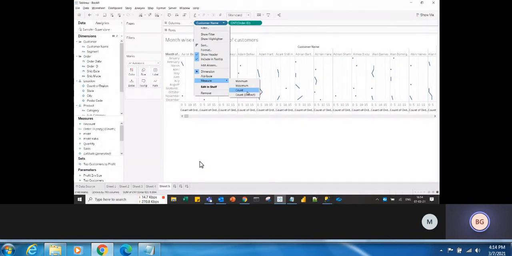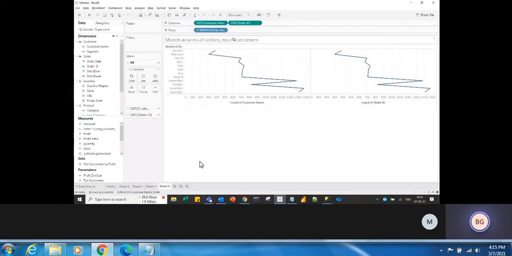Because if you convert this customer name into a measure, it will become a semi-additive measure. Okay, it will give meaningful output only with a few aggregations: minimum, maximum, count, count distinct. You cannot apply average or sum here. So that's the reason this becomes semi-additive. So just take a count of it.